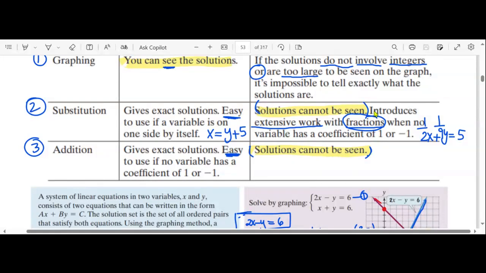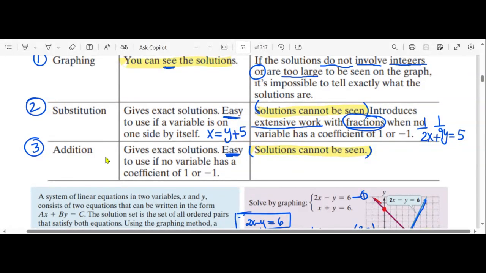It introduces extensive work. There is a lot of work you have to do for substitution, especially with fractions. So if you have fractions, then you have to get rid of the fractions, so there will be multiple steps. With fractions, when no variable has a coefficient of 1 or -1, just like 1/2 and 1/9 for x and y, in this case I have to multiply the entire equation by 18 to get rid of the 2